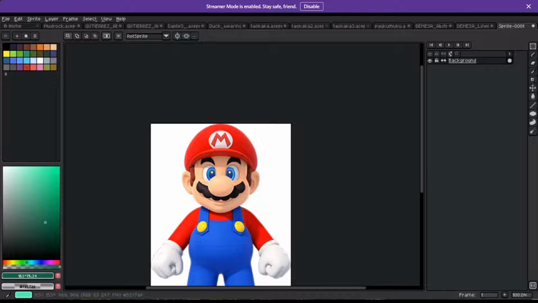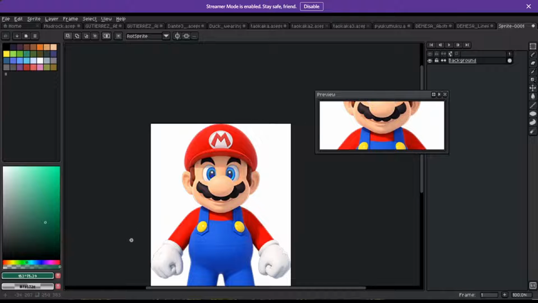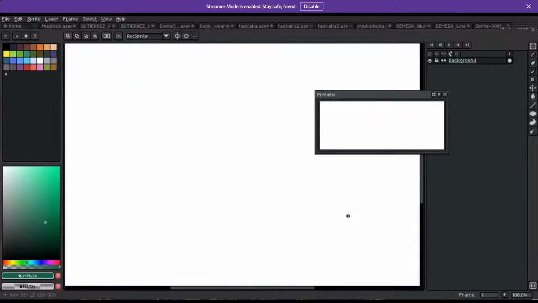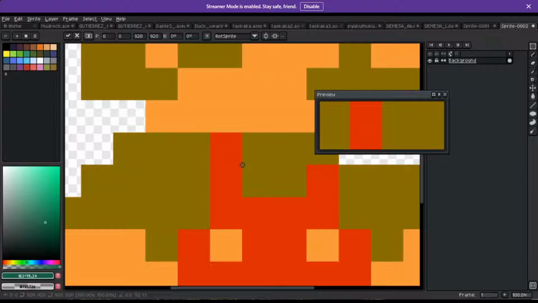so hindi na ako kuha ng sprite sheet. I'm just gonna get this image here. But if you look at Mario's sprite,